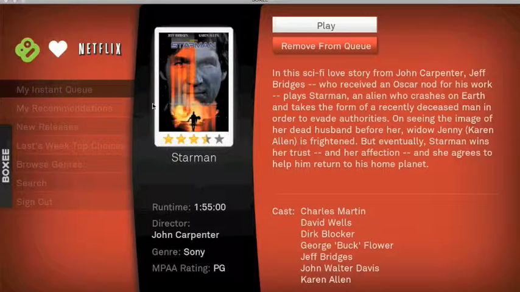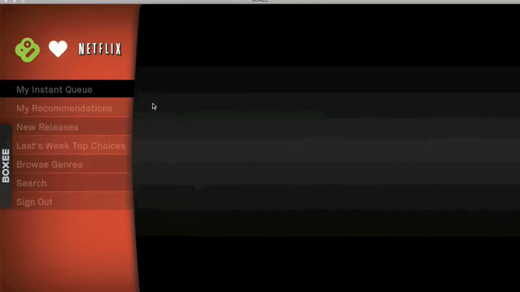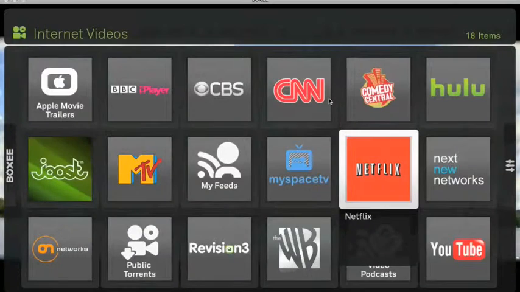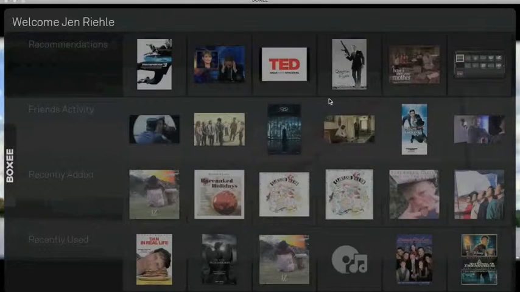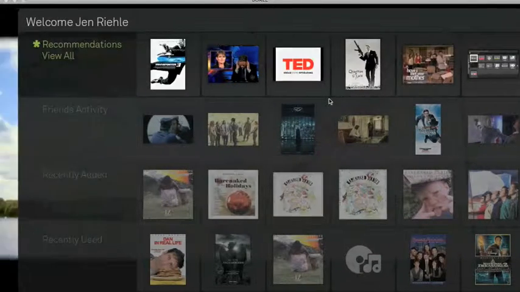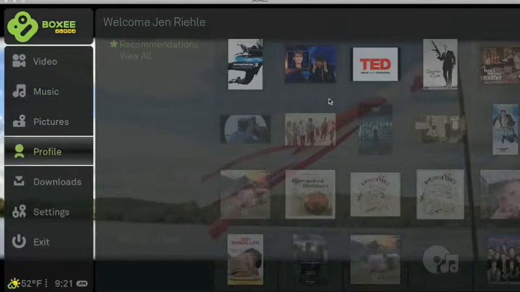I haven't had too much problem with Time Warner Cable. I've been able to make it work, but there have been some movies that have been a little bit more testy, we'll say. So a few more things that I want to talk about with Boxee. Again, you've got your friends, that social networking feature, and if you go down under the profile section,